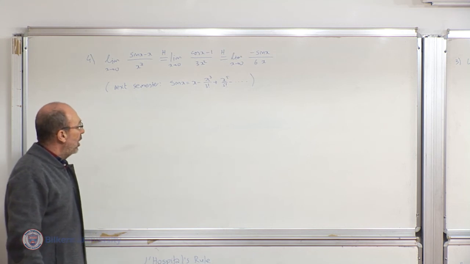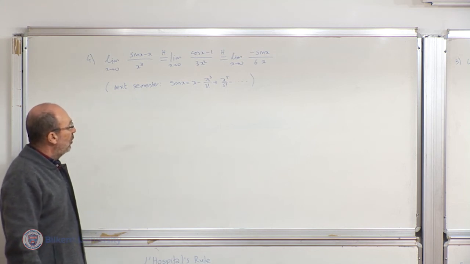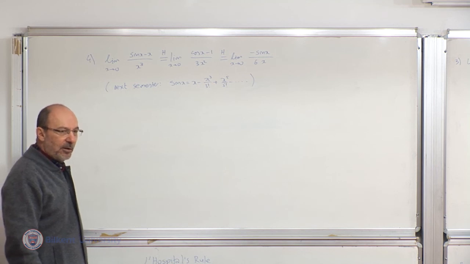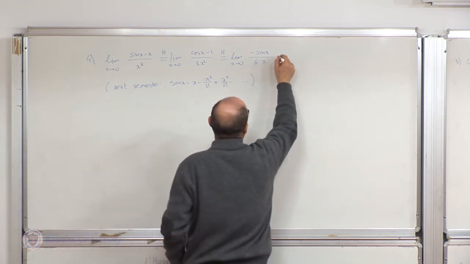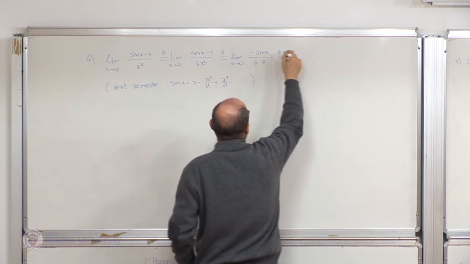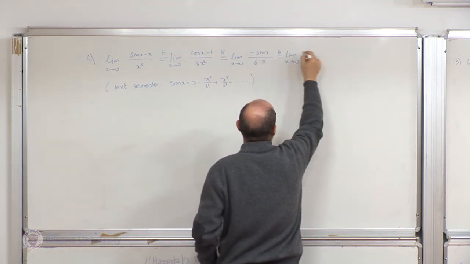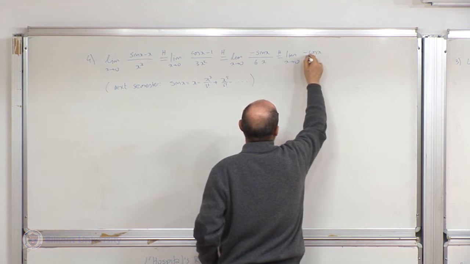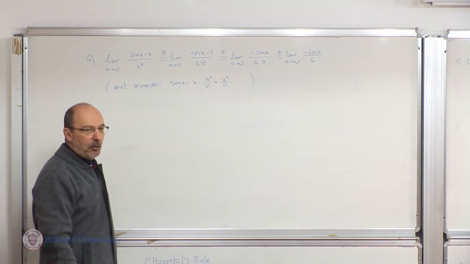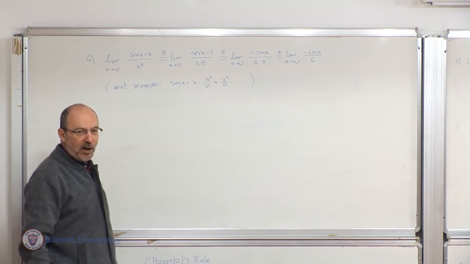Okay, so here you can write the limit immediately because we know the limit of sine x over x. But now that we are on to L'Hopital, let's hit this with L'Hopital once more. Okay, so again, L'Hopital. Limit x goes to 0. Derivative of sine is cosine, and I have this minus thing, cosine x over 6. Okay. Now, if you apply L'Hopital once more, you will get sine x over 0, and then you will say